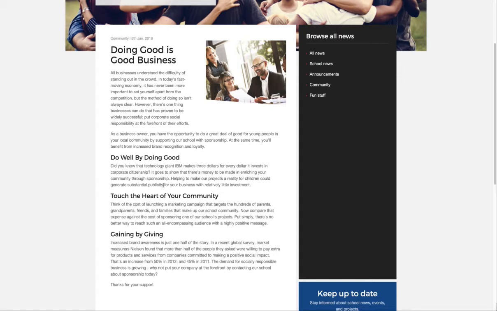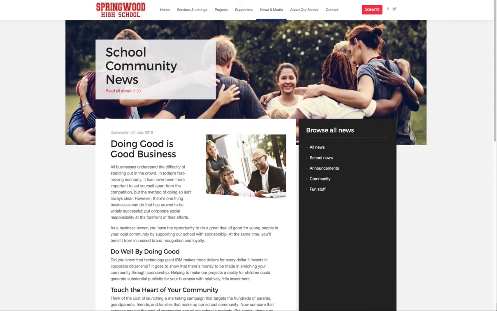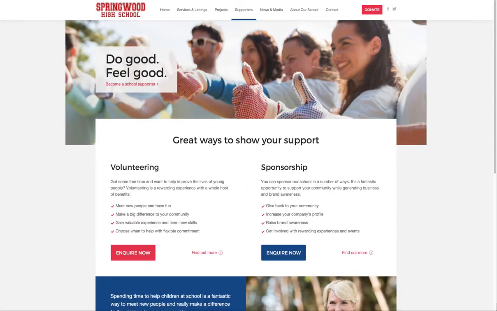And again, we've got some templated ones which you can use, which try and engage business sponsors and encourage people to support schools out and about. And again, part of the facilities that we've got on this community site, so it is far richer than just a standard donation page. You can get people to support you around volunteering and sponsorship, which all feeds back into the Arrow inbox,